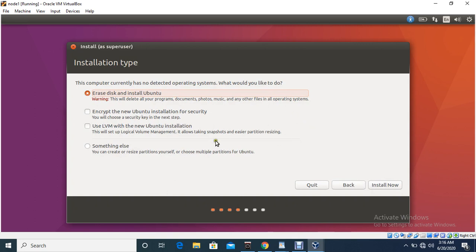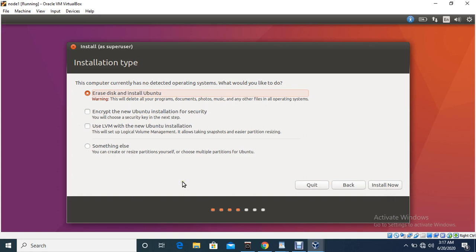In this window, this is very important, you have to understand these points because it's telling Erase disk and install Ubuntu. Don't worry, there's no need to erase your hard disk information here; it's kind of a warning. If you are installing your OS with VirtualBox, then if you click here, Erase disk and install Ubuntu, and Install now, nothing will be erased.